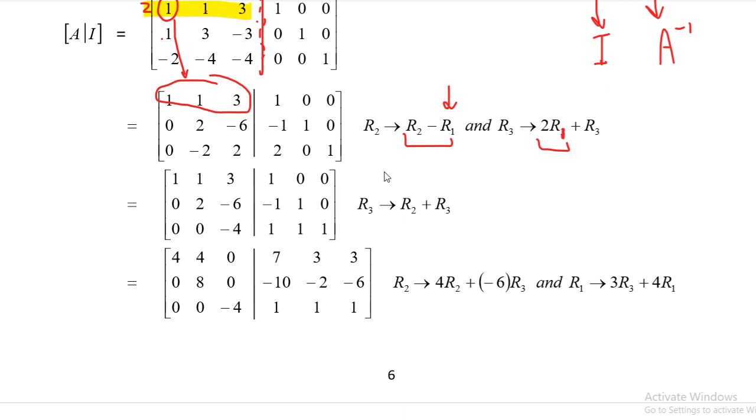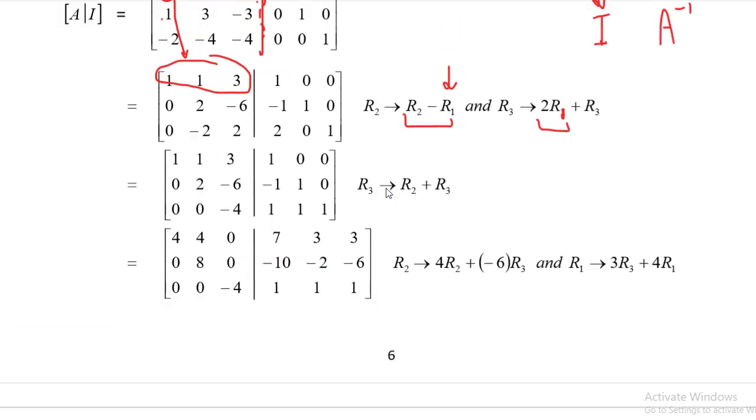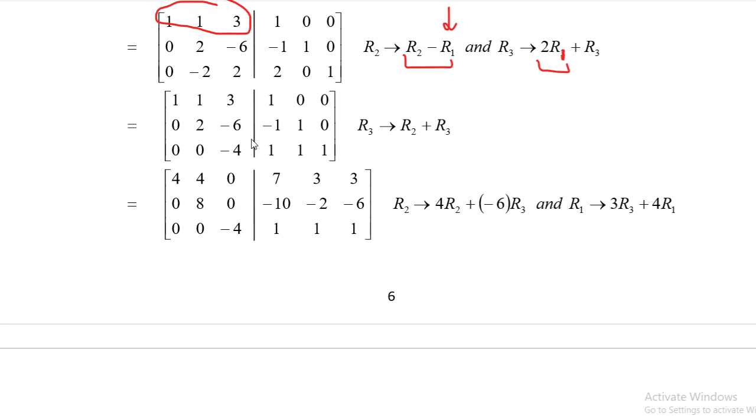Now what do I need? I need 1 here now. You see, for identity I need 1 here, and make up and down 0. There are many ways to do it. Okay, so if you want to do it by dividing by 2, you can do it. They added, because I needed 0 here, this is 2 and this is minus 2, so they added these two to get 0 here. You can make it 1 and then make these two zeros directly as well. It's your choice.